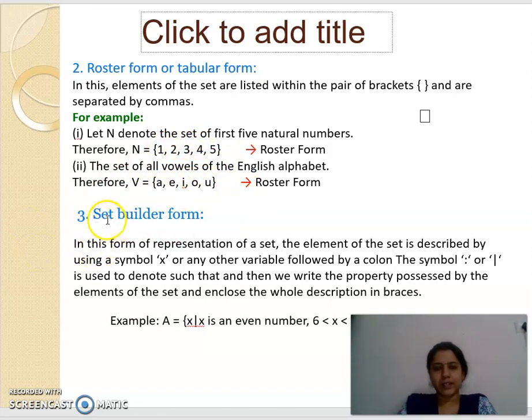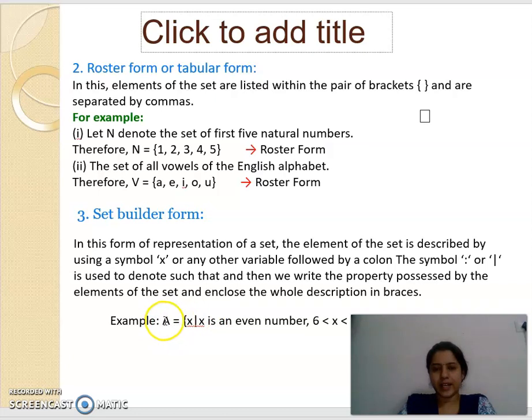And the next is set builder form. Set builder form is a representation of the set where each element is described by its nature. For example, here set A contains even numbers within the range 6 to 14.